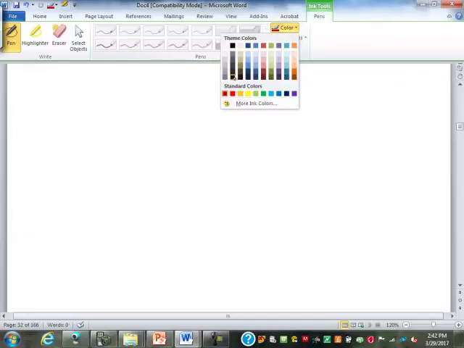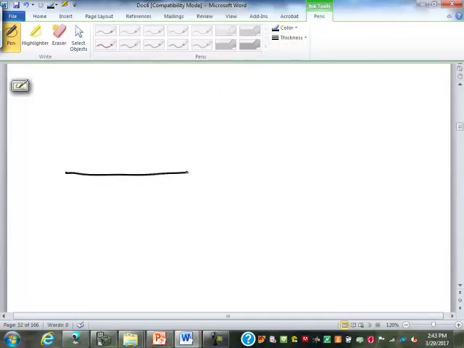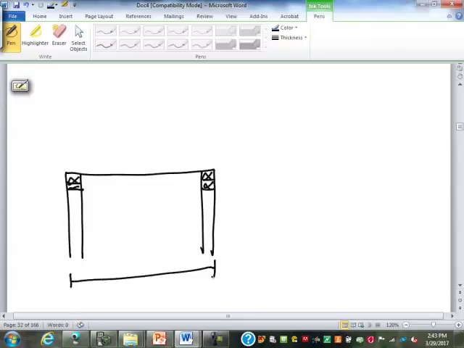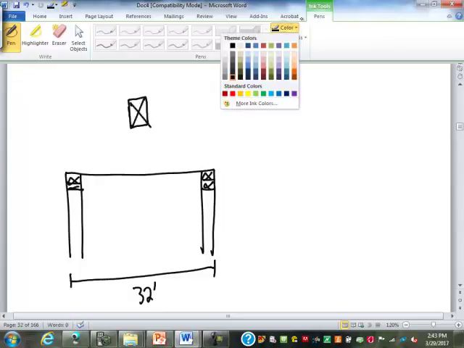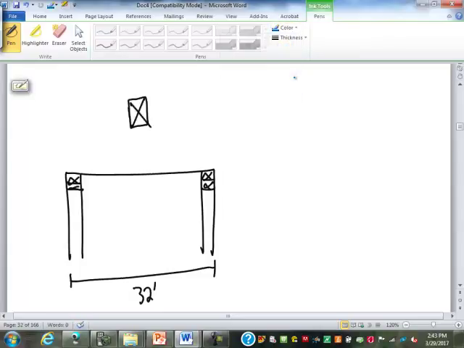So I'll have you guys try something here. So let's say here's my walls. The outside to outside distance, or the span here, is 32 feet. We have a ridge beam mounted up here at a height of